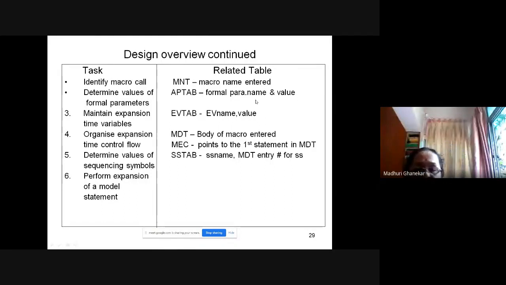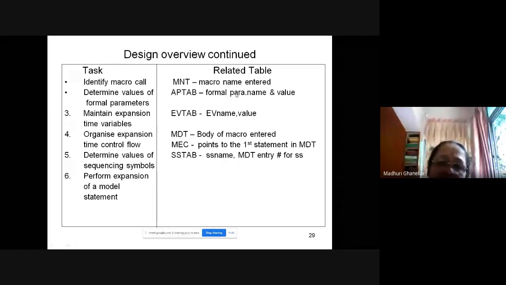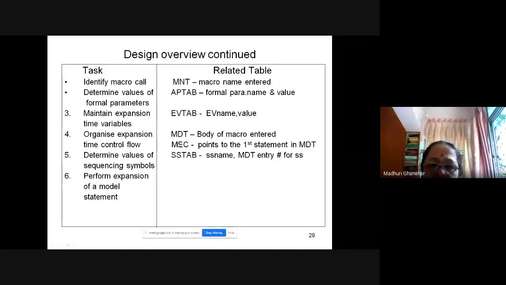Sometimes we can have default values also. So whatever is there, keyword parameter, formal parameter, everything should be there. Maintain expansion time variables. This is done in the EVTAB, EV name and value. Organize expansion time control flow, MDT, body of the macro, third step to amend.